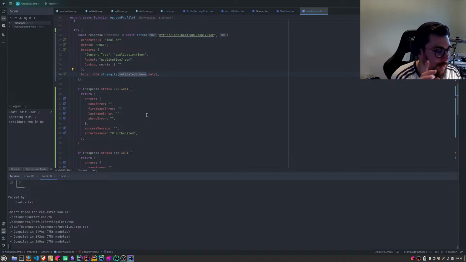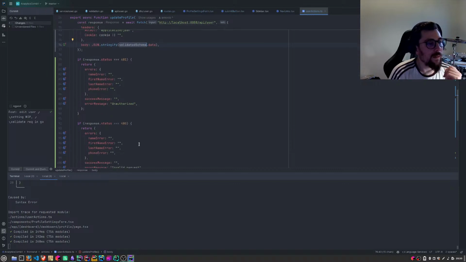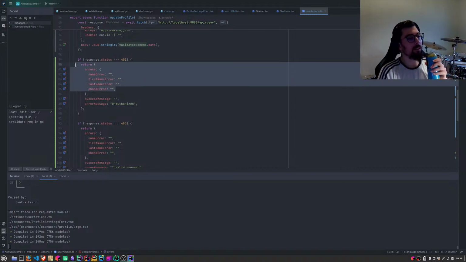The handler validates the incoming request data, and if there are no errors, then we go into our service. But if the request is not validated properly on the server, it returns errors, and that's one more thing that we need to handle. So basically these errors.